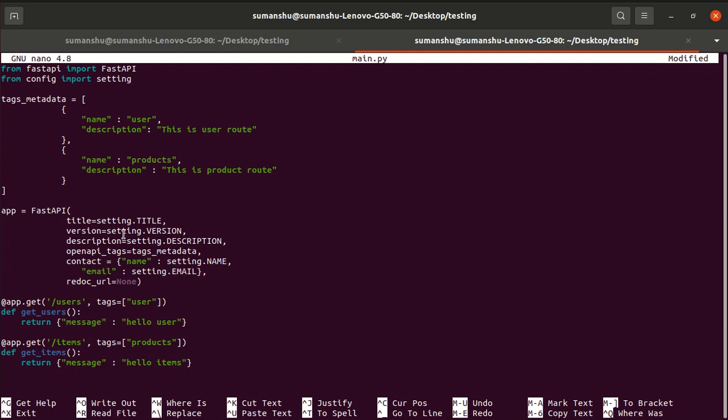So rather than hard coding this metadata information, we have passed it from the configuration file.